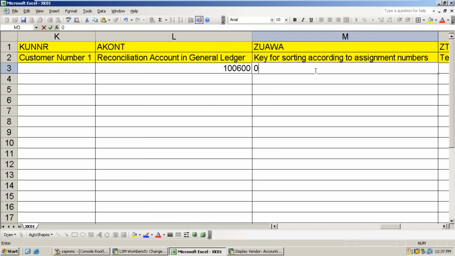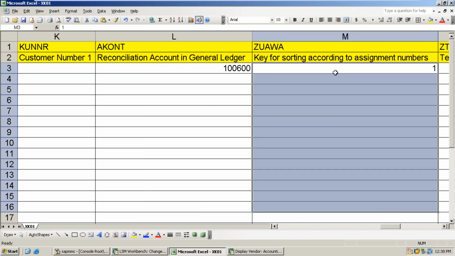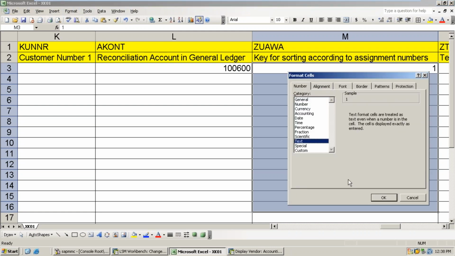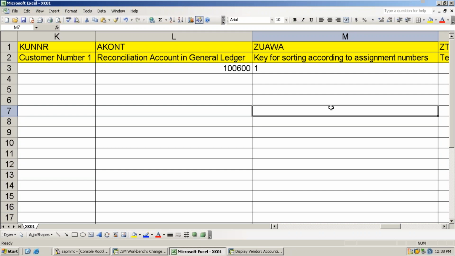What is the sort key? 001, posting date. If I go again, it is coming like this; the system does not accept it. You have to enter 001. But I have entered 001, and it is going like that. You know, right? You need to convert this into text format. How to convert? Format cells, text format, and upload it like this.